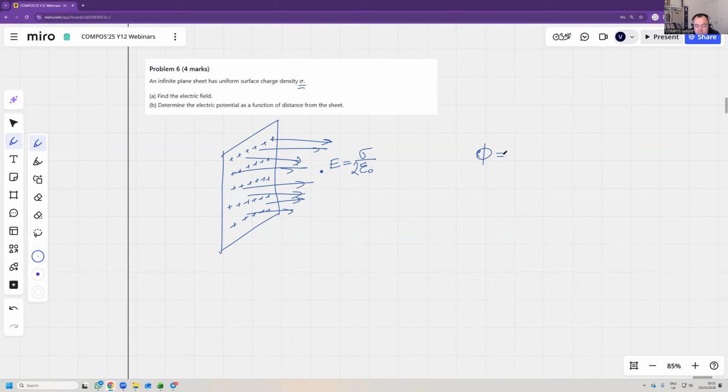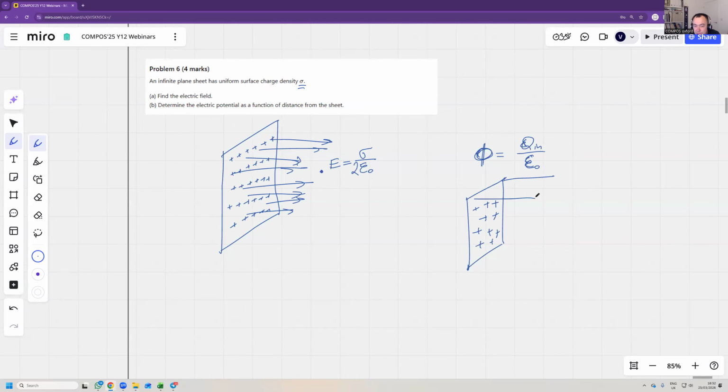Flux is Q in over epsilon naught. That was the rule. That's the flux from an electric field. And then we had a charged plate, and we take an imaginary